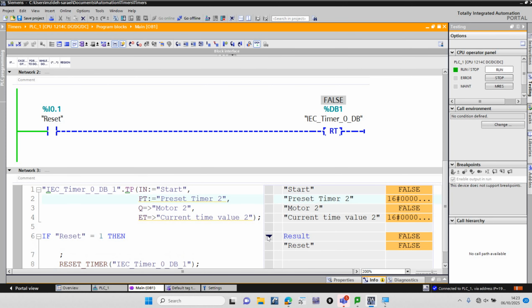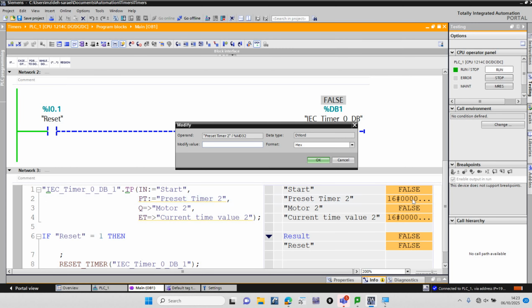So now, anytime, if you double click on the preset timer, you can enter a different value or modify the value. So for example, in this case, I am going for, I don't know, for example,